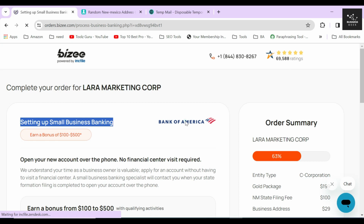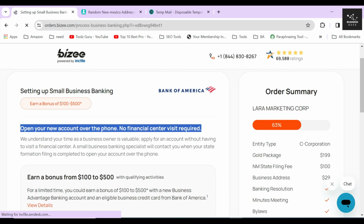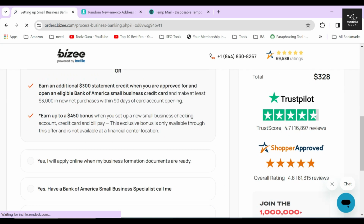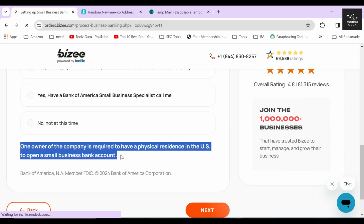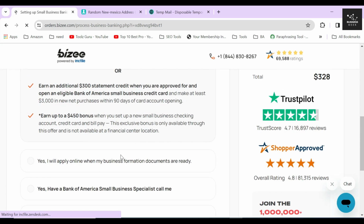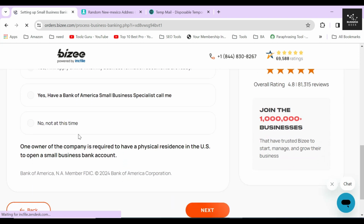In the next section, BZ will ask you whether you will set up a small US business bank with Bank of America. Remember that this option is only available if you are a US citizen or are currently living in the USA. If you are from outside the USA, then you need at least one member of your corporation who has a physical residence in the USA to avail this service. I highly recommend everyone to pick up this service if possible. But, for the sake of creating this video, I will select the Not This Time option and click on the